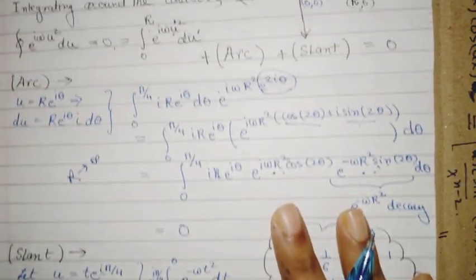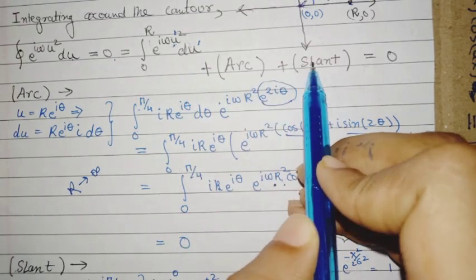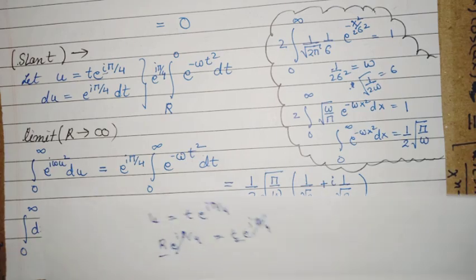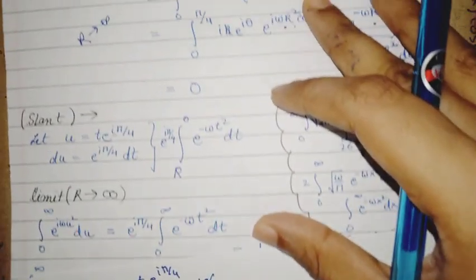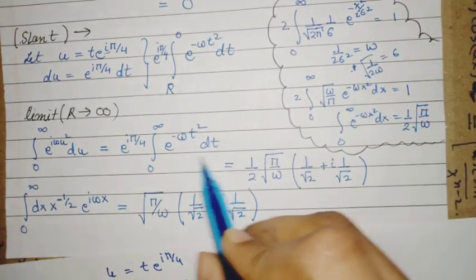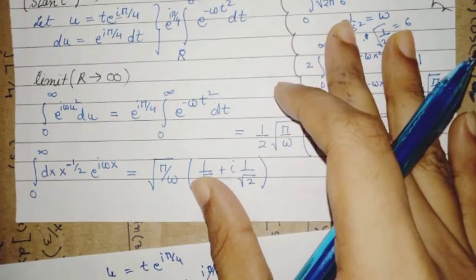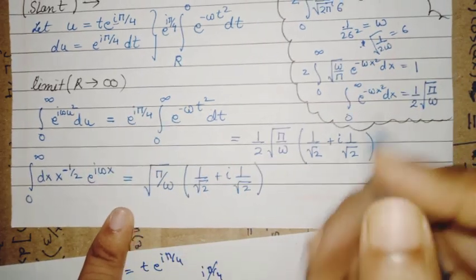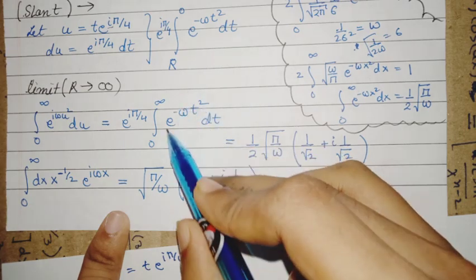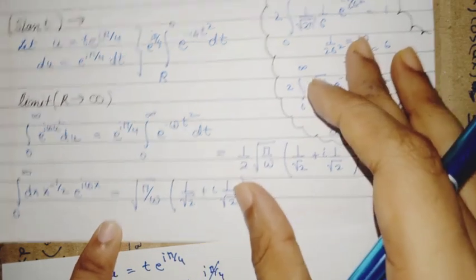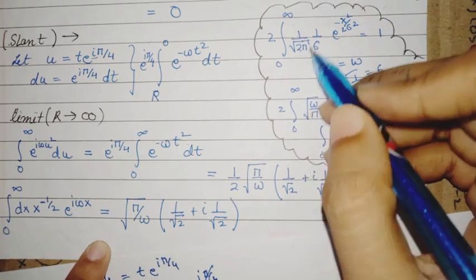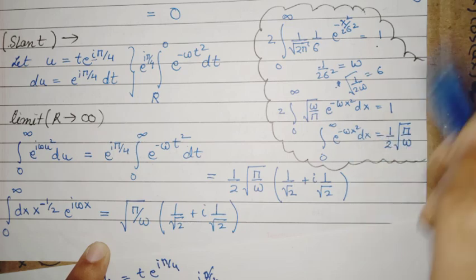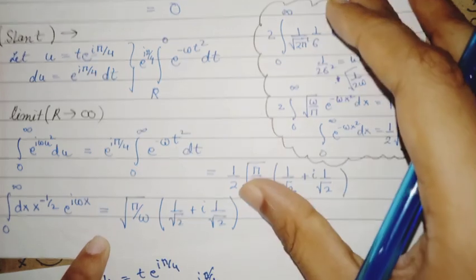So you see, again come back to here. So this is one part, this is the slant part, everything equated to 0. So now after we have come this far, everything is very easy. You see, this is just a Gaussian and can be evaluated easily. I have also done that. You can use this trick. You can look at this small calculation here, and you get the Gaussian result.